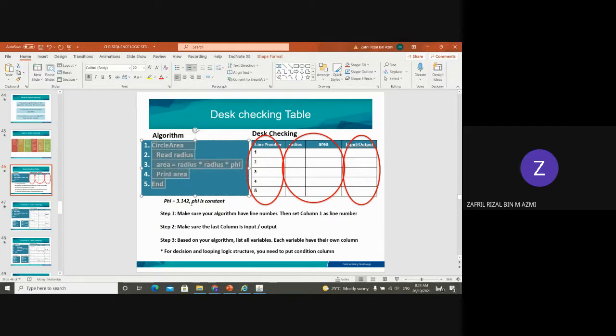Once you look at the algorithm, you will know straight away that this is the correct algorithm. But imagine if you have 100 lines of instructions, 1000 lines of instructions, how do you know that your algorithm is correct or not? It's quite tricky if you just look at the algorithm without appropriate tools for the checking. So first what you need to do is